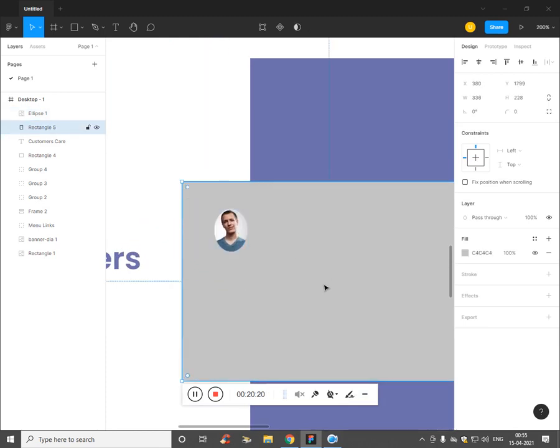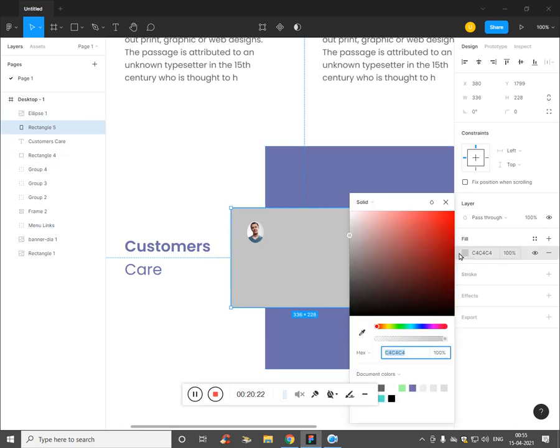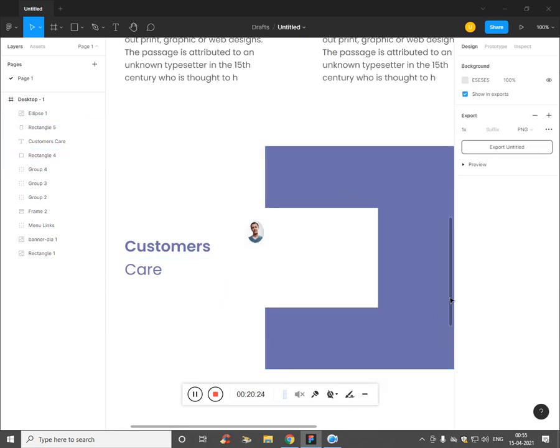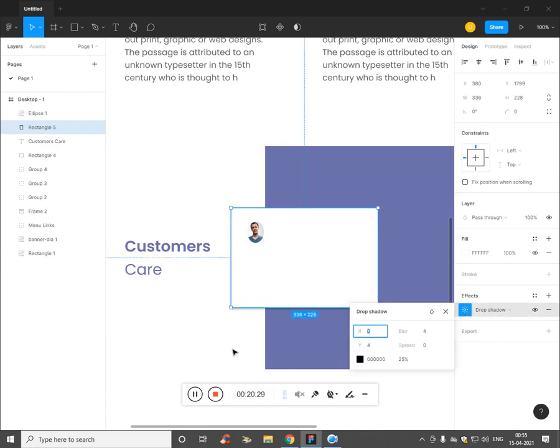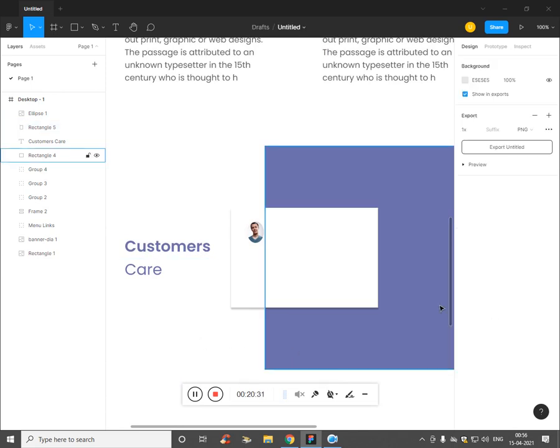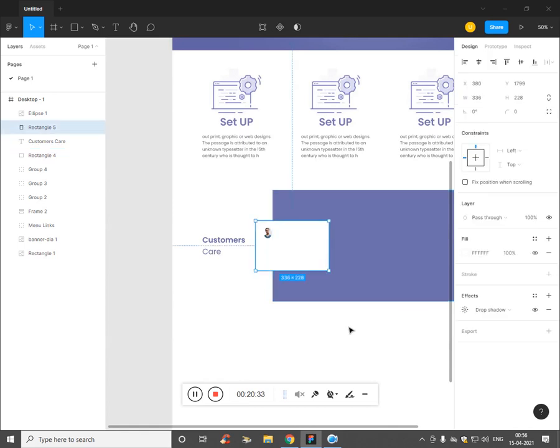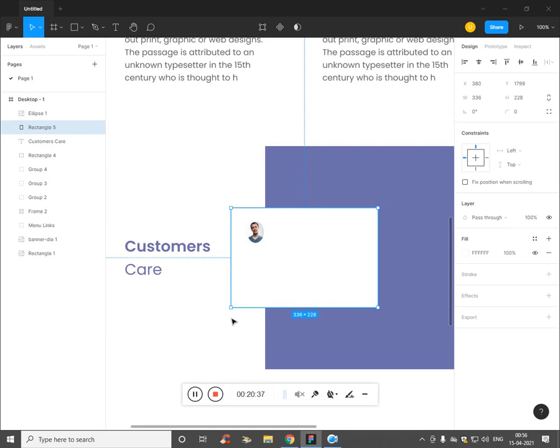We'll make this even smaller, and we'll add the color white, and we'll add the drop shadow effect.